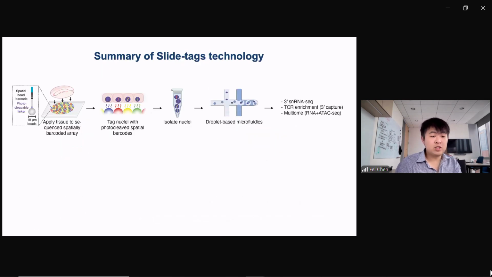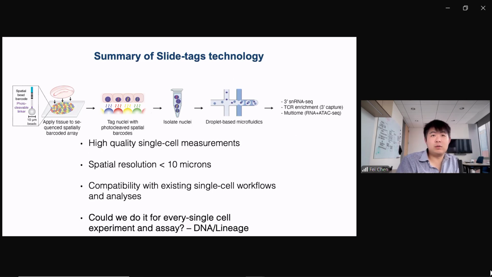Okay, so I just want to summarize the Slide-seq technology, and then I'll have 2 quick future-looking vignettes about the technology. Slide-seq allows you to do single cell with high spatial resolution, but the spatial resolution is the resolution at which you're placing the single cells, not the resolution at which you're capturing the mRNA. So the data is single cell resolution, it's just that you're placing the cells with about 10 micron resolution, which is about the size of a cell anyways.